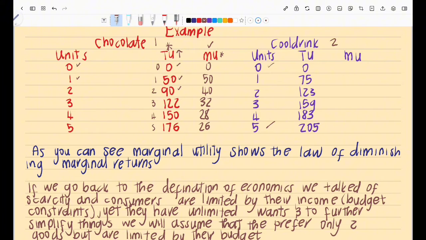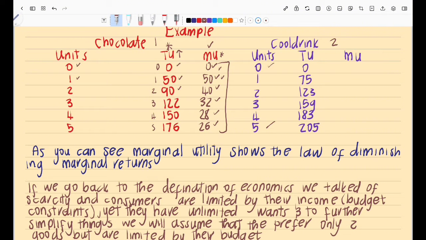So if you analyze the answers that we got for marginal utility, you will notice that I'm moving from 0 to 50 to 40 to 32 to 28 to 26. So that means as my total utility increases, my marginal utility decreases, right? So we are saying the change in my total utility is at a decreasing rate. It first increased by 50. It moved from 0 to 50, but after that increase, it now moved from 50 to 40. The change in my increase moved from 40 to 32. The change in my increase in total utility now moved from 32 to 28, right?